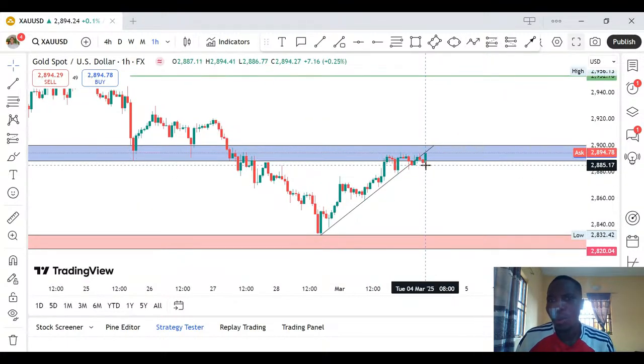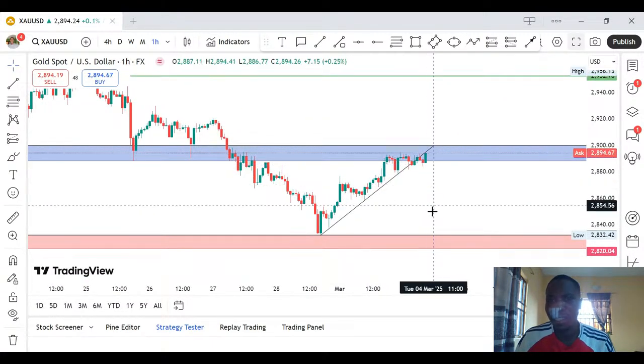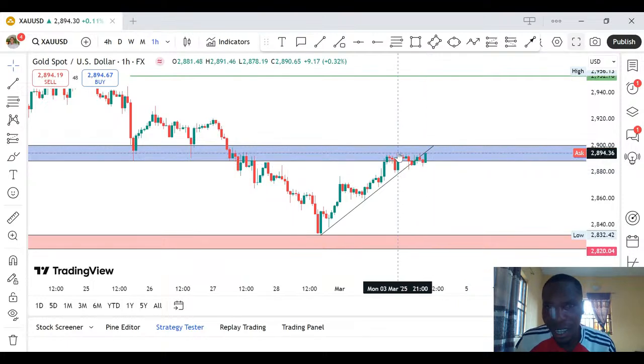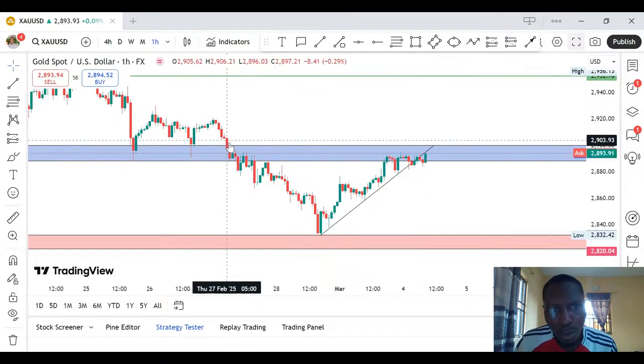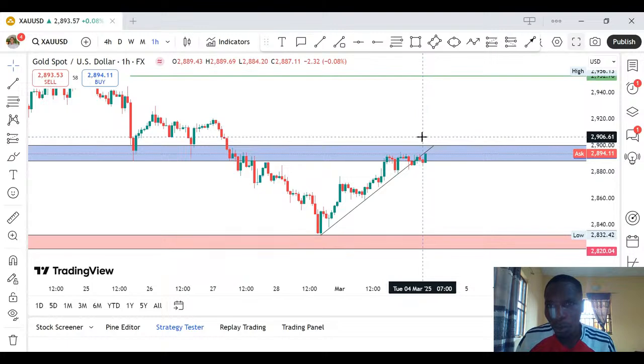Some people would have taken the price breakout and started selling. You can imagine like this. Now what you will see there is that the price is actually moving upward. And if you look here, the price can still decide to come up here, take out their stop loss, and do what?